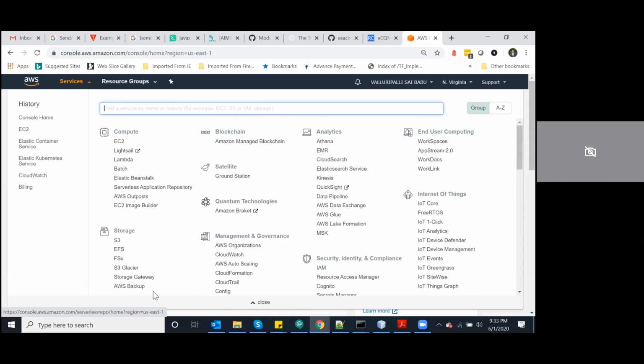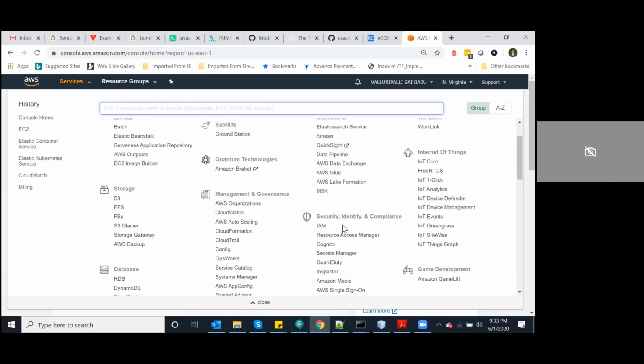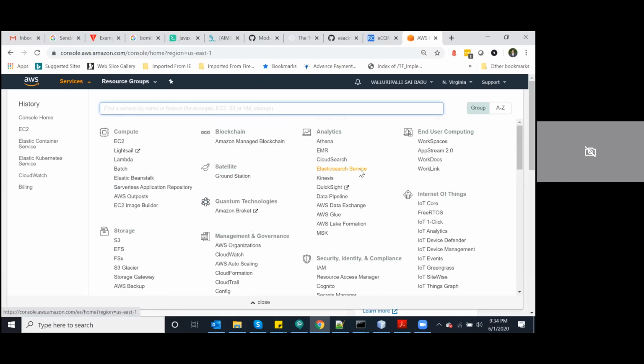These are few things which the person will be touching, like security managers, and they will be touching IAM as well, and most of the CloudWatch and Elasticsearch. All these things will be touched by our security SecOps teams, security operations teams, and there is a DevOps team.